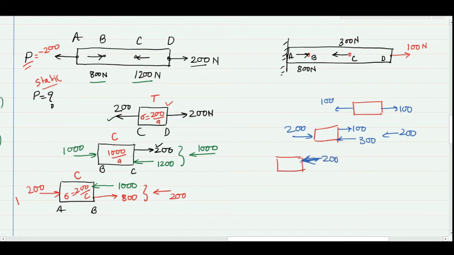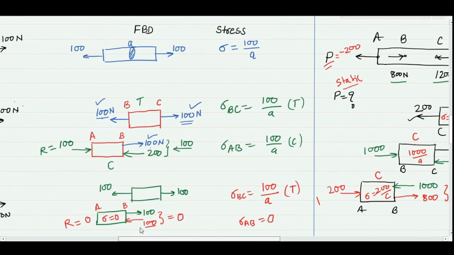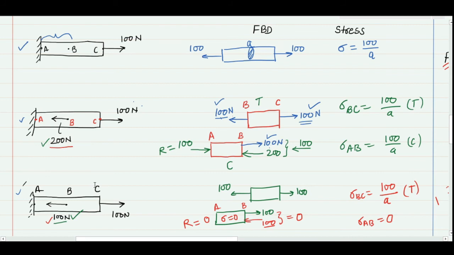Then I have 800 Newton which is acting towards the right. So I will get an equivalent force of 600 Newton, equal and opposite to this 600 Newton. So this is the force in different sections of the bar, and after that you can get the stress and strain in different sections. I hope that these four examples will help you to build a concept of solving problems of a bar with multiple